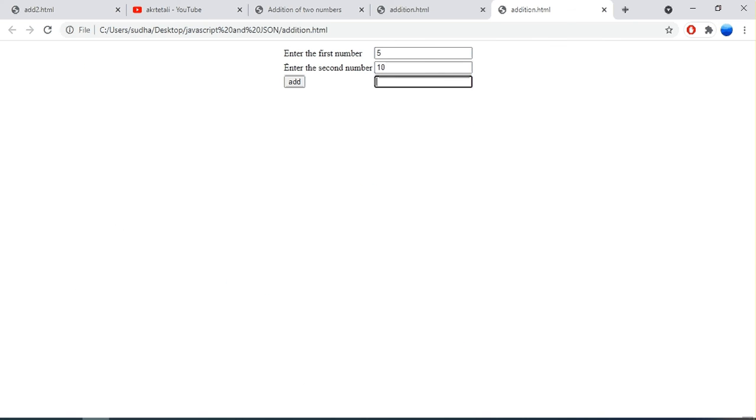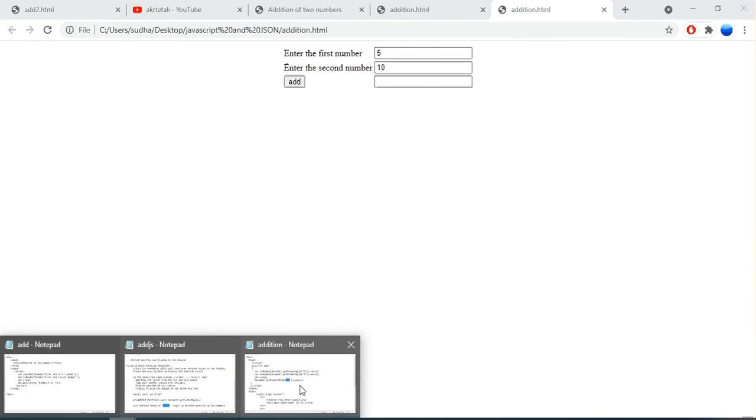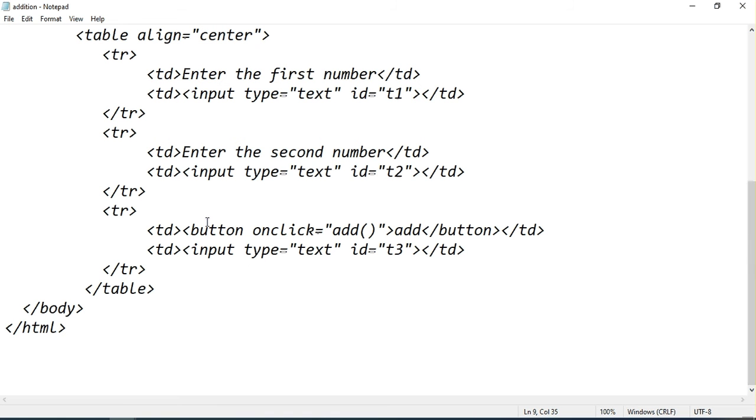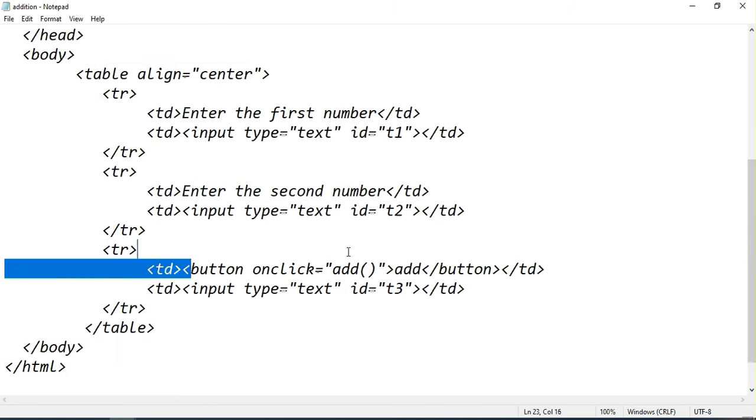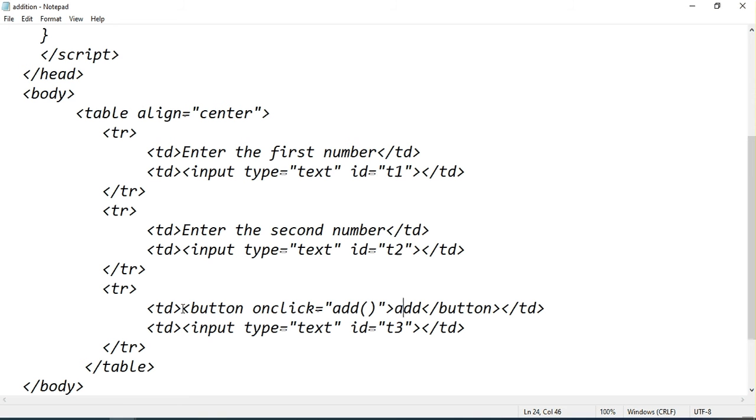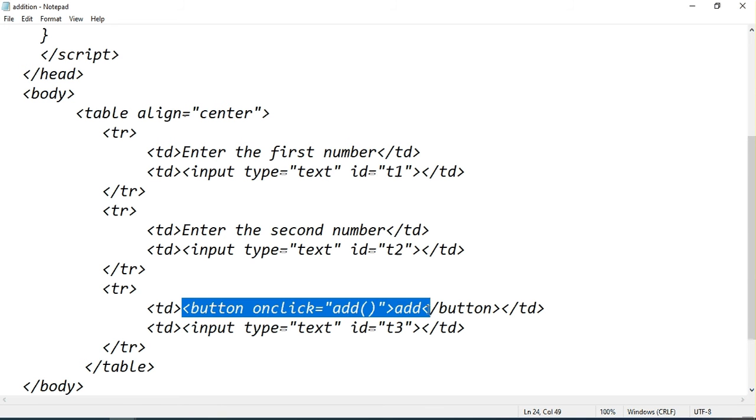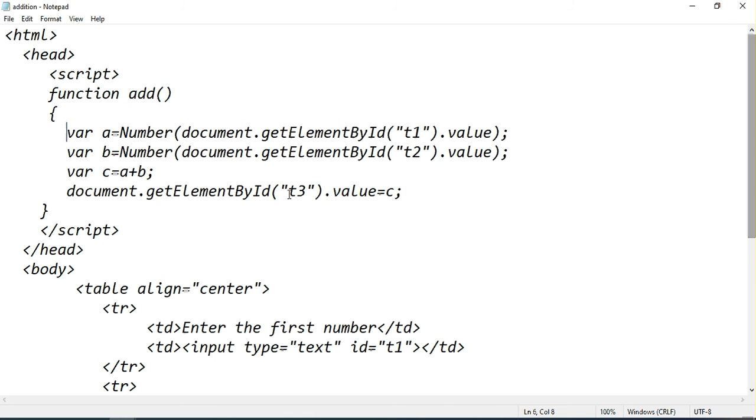When the user clicks on the add button, the onclick event will be raised and this function will be called. Correspondingly T3 will get the addition of two numbers.